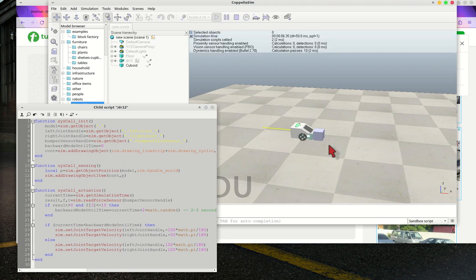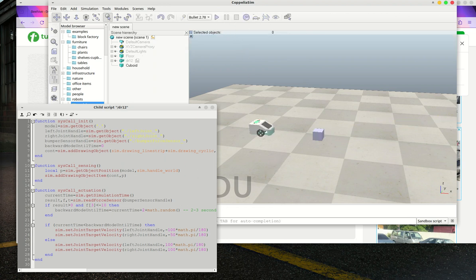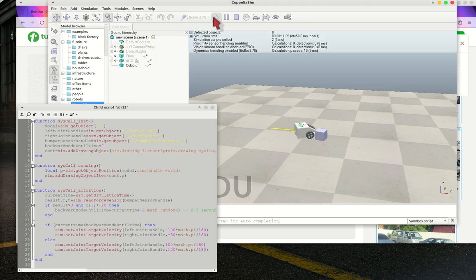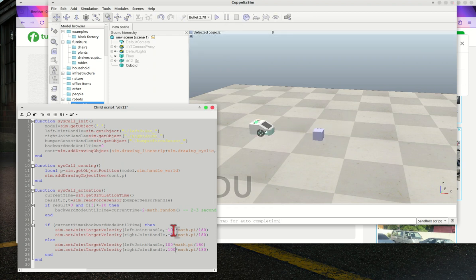So not that fast, but you can watch the motion better if you put 100. Okay. This one, minus 100 means you reverse the left joint and then reverse the right motor. You use different speeds so that you can make the robot turn to the left.